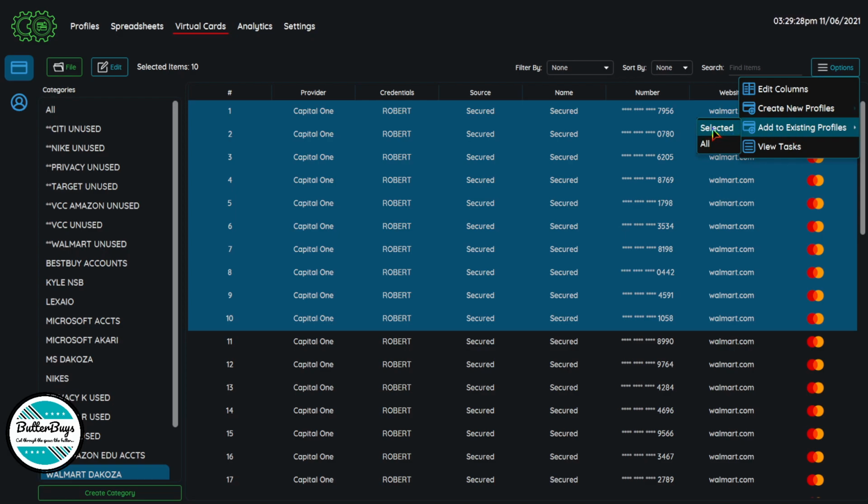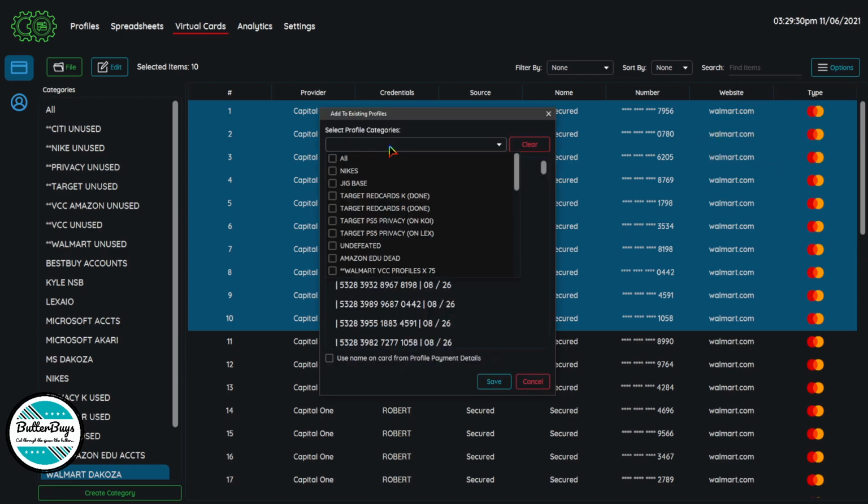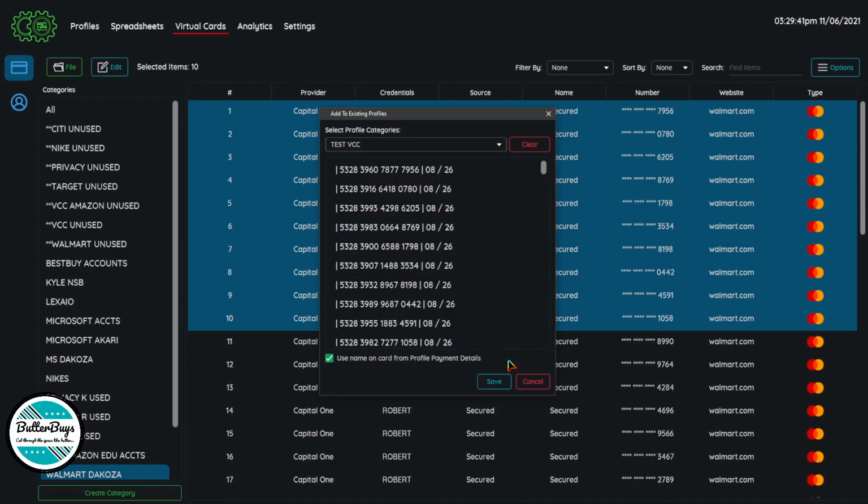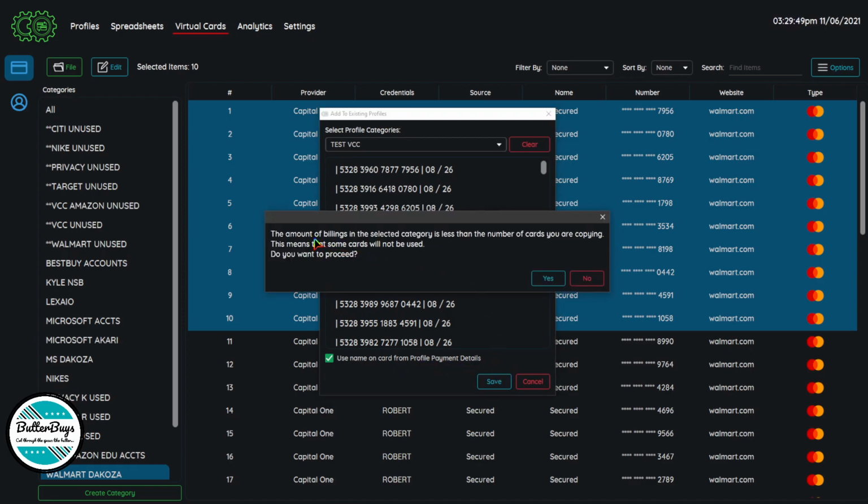So we'll say that we want to add the selected ones, and we'll say that we want to add them to my test VCC group. We'll use the name on the card from the profile details, and then we'll go ahead and save. It'll tell us right here the amount of billings in the selected category is less than the number